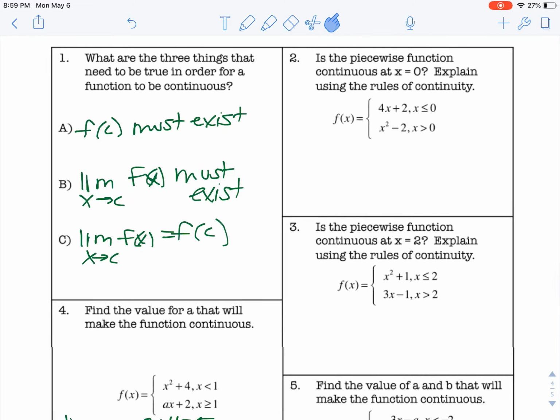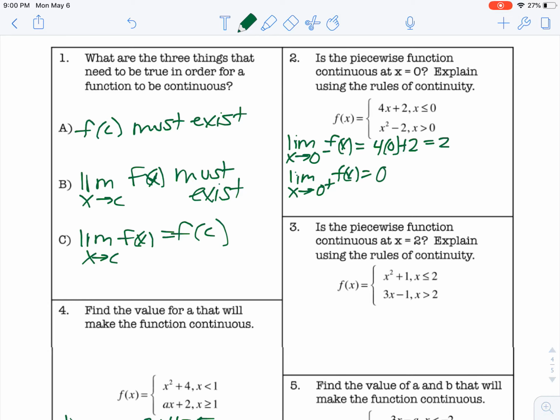Okay, number 2, is the piecewise function continuous at x equals 0? Explain using the rules of continuity. Okay, so what you're going to do, notation is very important, so I'm going to write it out correctly. Limit as x approaches 0 from the left of f of x equals 4 times 0 plus 2, which is 2. Limit as x approaches 0 from the right of f of x equals 0 squared minus 2, so -2. So the answer is going to be no,